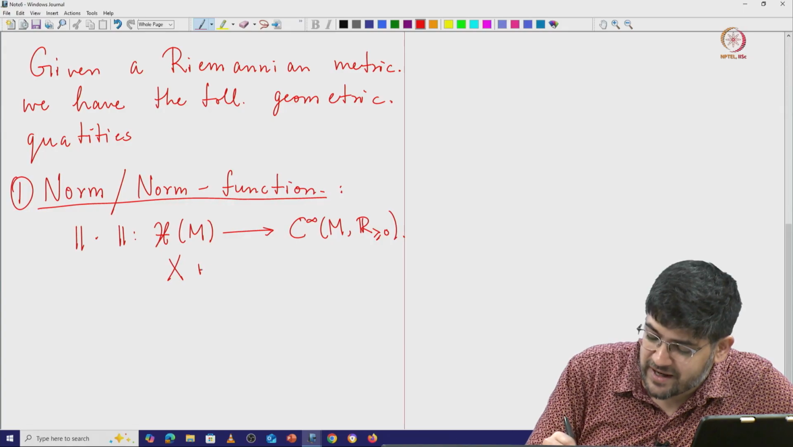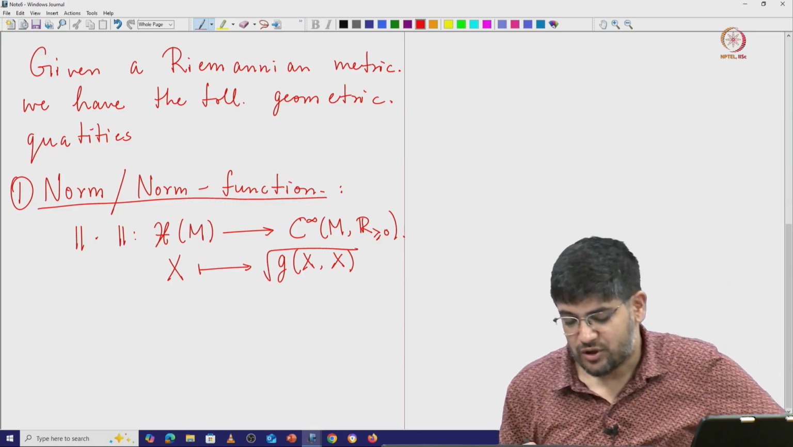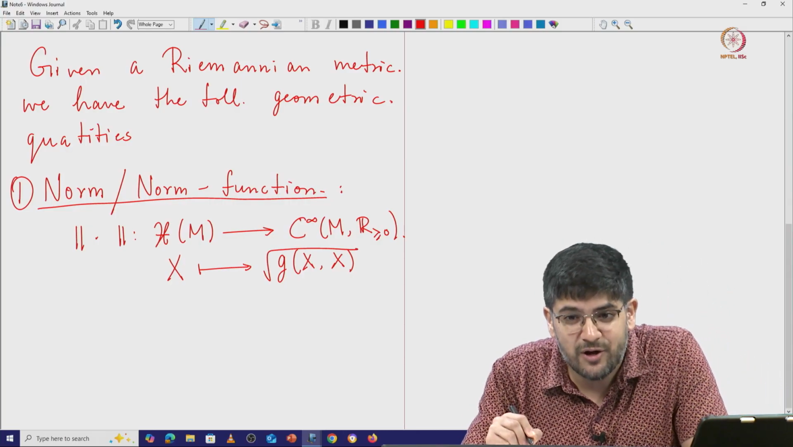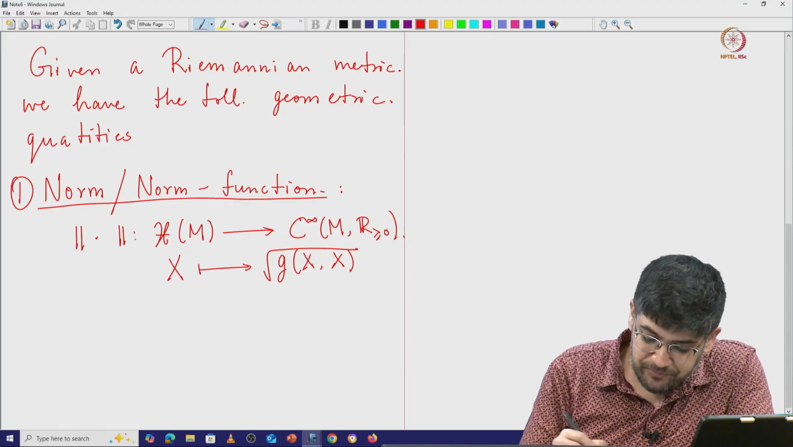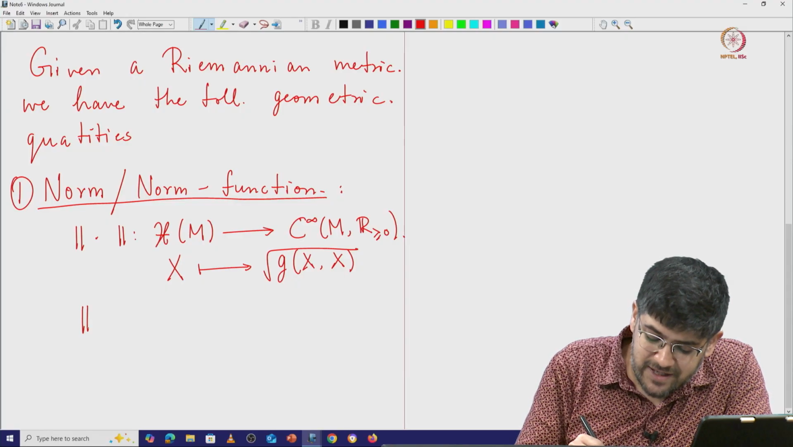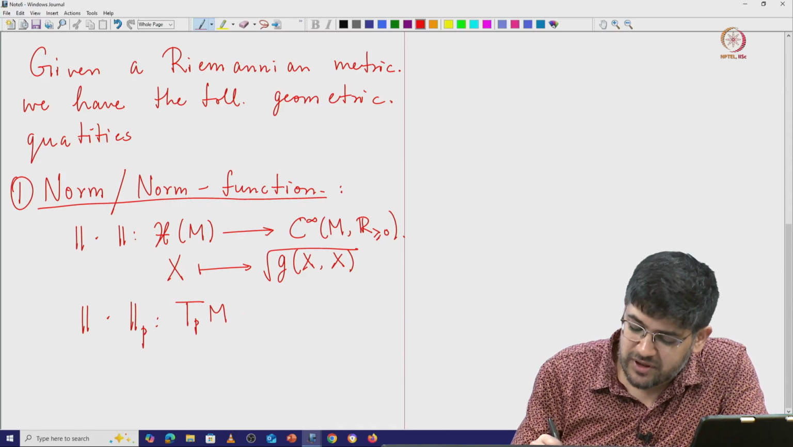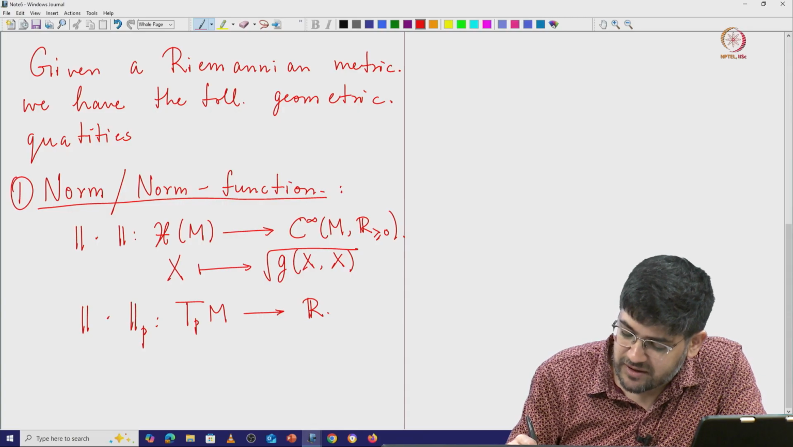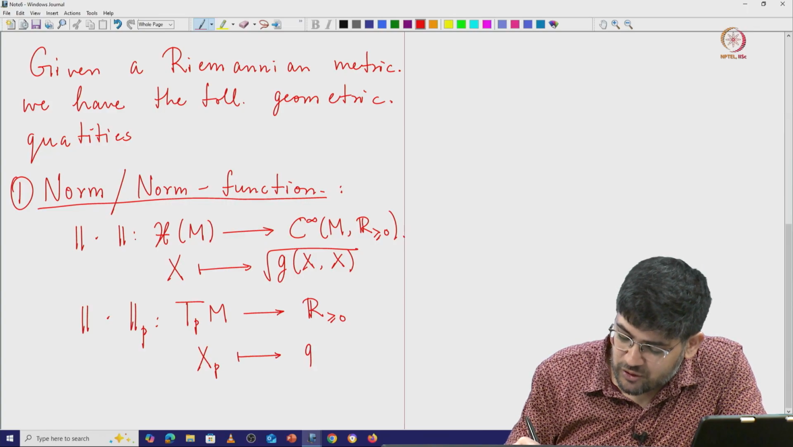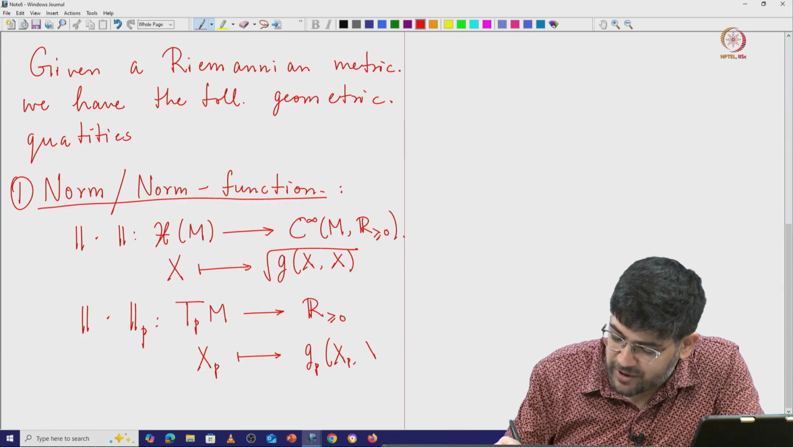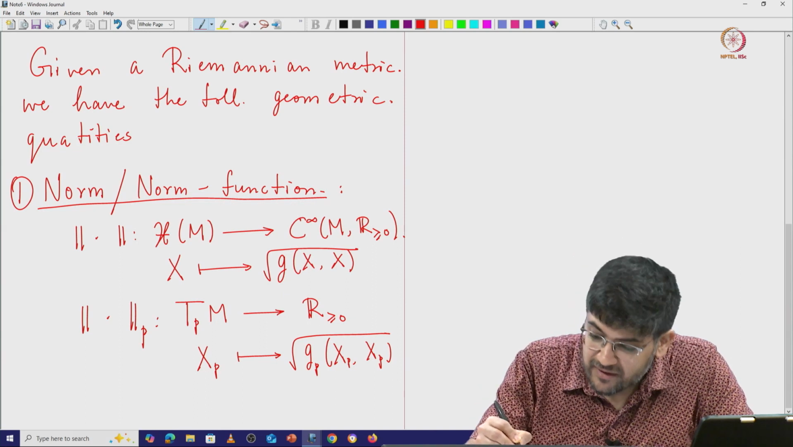So it sends a vector field X to basically the square root of the tensor evaluated on X comma X. Okay, similarly one can localize this to a single point. So at a single point this gives you a norm on the tangent space at that point. So the vector X_p goes to the square root of g_p of X_p comma X_p. Secondly,